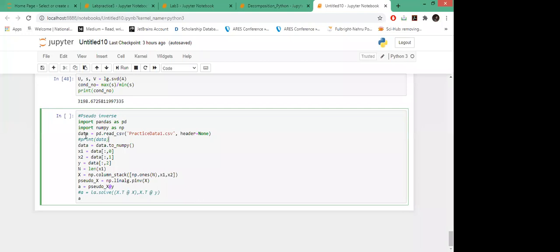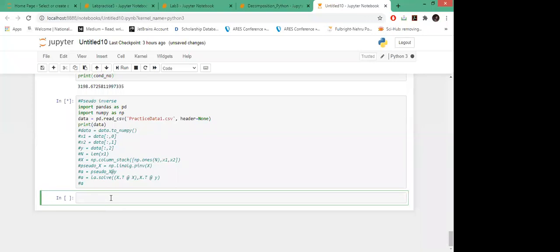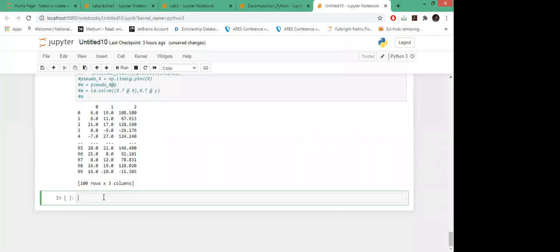Okay, this is the data frame format. Let's see what this data looks like in this form first, and then you can check the other form. I'm reading the data.